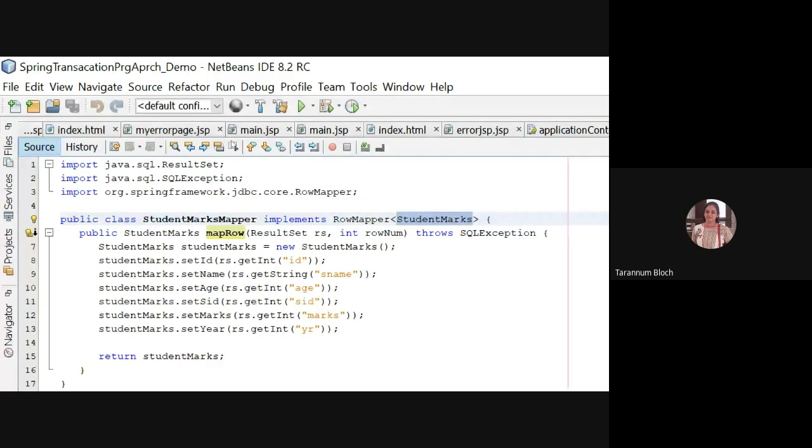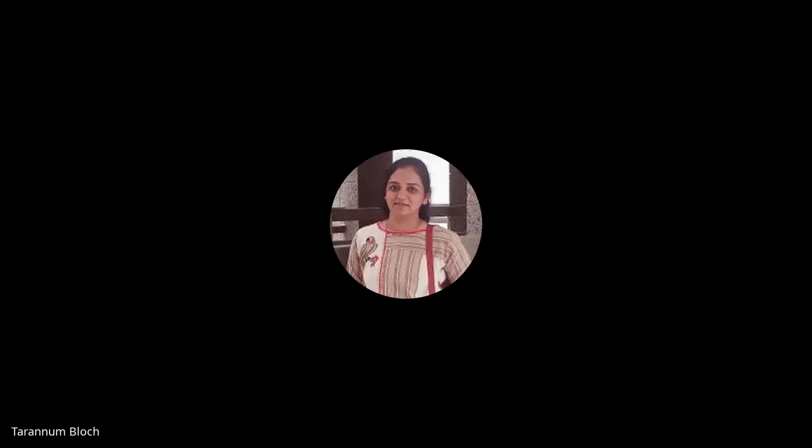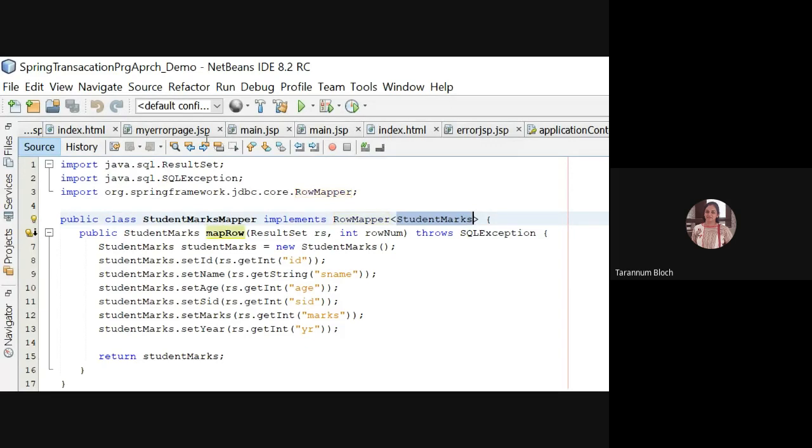So I created a marks mapper: public class StudentMarksMapper implements RowMapper. RowMapper is from the JDBC core, from Spring, org.springframework.jdbc.core.RowMapper, and it maps the POJO class data variables with your database table columns.